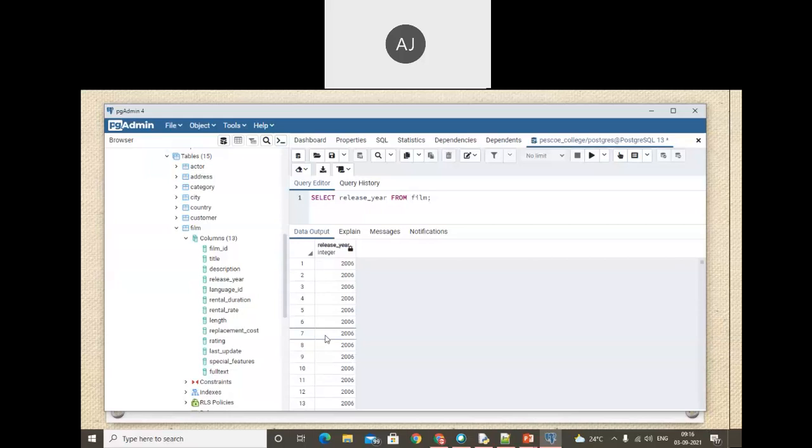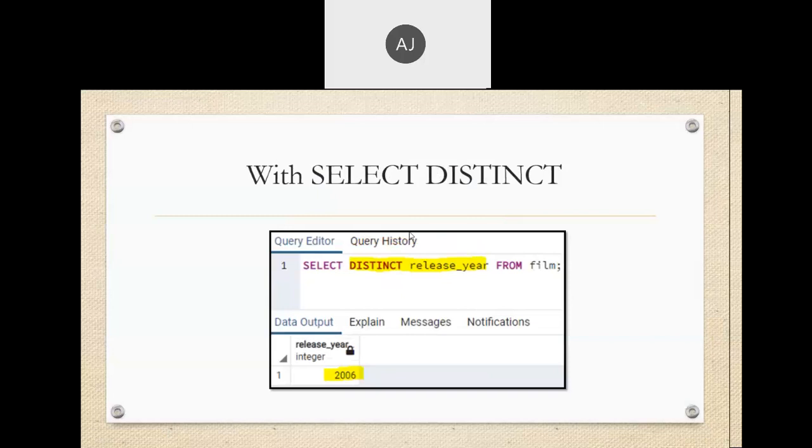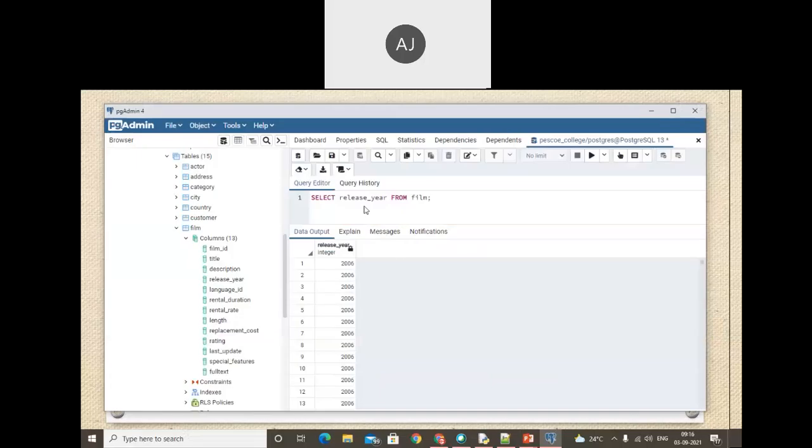So assume I just want to check for unique values. What should I do here? I will pass a keyword, or we can say a clause, called distinct. What is the role of that distinct? Why do we use it? We use the distinct keyword to retrieve the unique values of a column. When we apply that and execute it, we get the